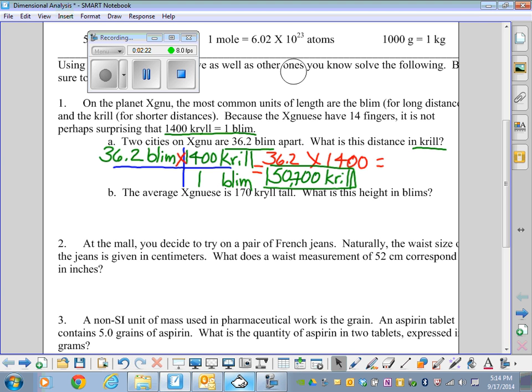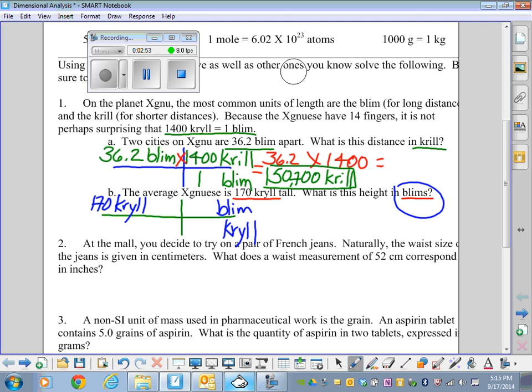The average Sydney's is 170 krill tall. What is the height in blims? Again, these are imaginary units of measurement. So I'll do my track. The given amount of 170 krill will go on the top. And I'm in krill, I'm going to bring krill down, and I'm solving for blim, and I will put that on the top. Now I look up above at the relationship between blim and krill, and I see that 1